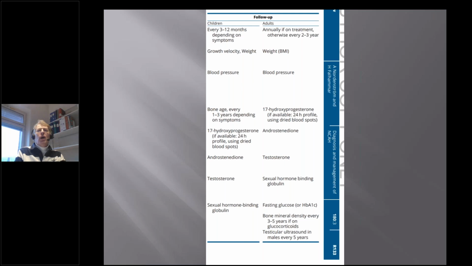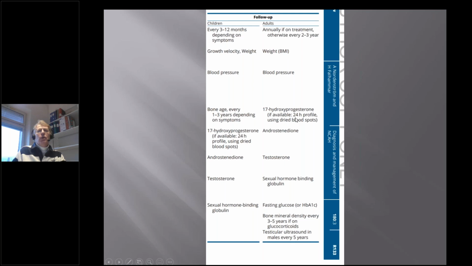So what about follow-up? If you have a patient, how often should you follow them up? Well, if you have a child, every 3 to 12 months, depending on symptoms. In adults, usually annually, if you put them on treatment, especially glucocorticoids. Otherwise, every 2 to 3 years, I think it's reasonable to check them. And you check in children the growth velocities, but in both children and adults, weight, blood pressure,